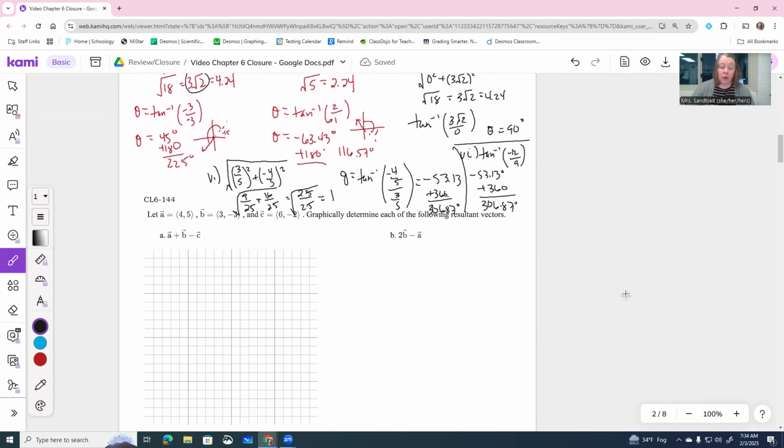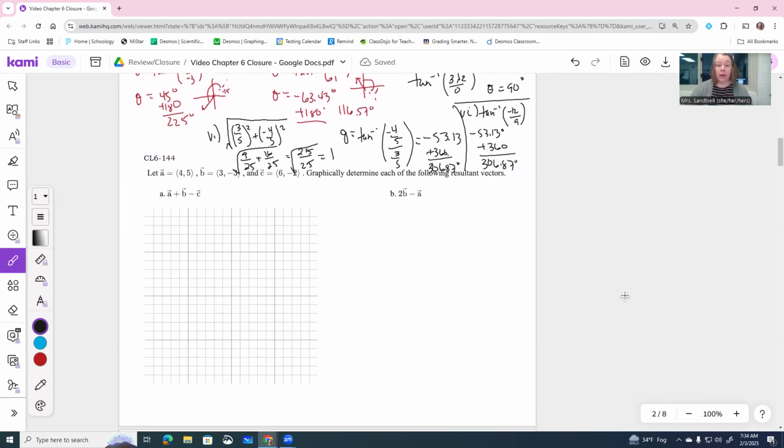All right. So in 144, they are asking us to graphically determine each resultant vector. So I know A is the vector 4, 5, B is the vector 3, negative 3, C is the vector 6, negative 2. So I want to add here, and then here I want to do 2 times B minus A. So my A is 4, 5. I think I'm going to start here. Let's hope I count correctly. So I'm going to go right 4, and I'm going to go up 5. So here's my vector